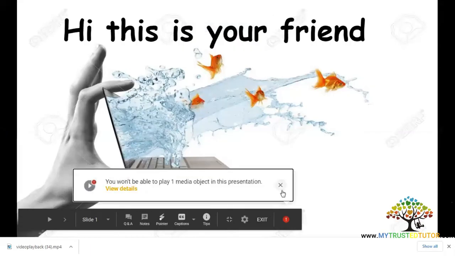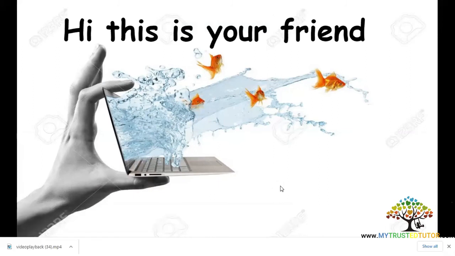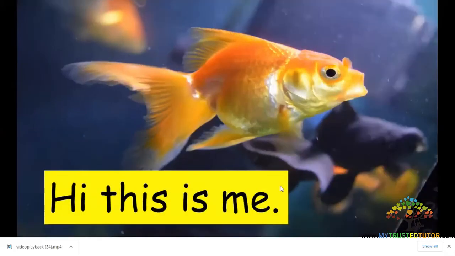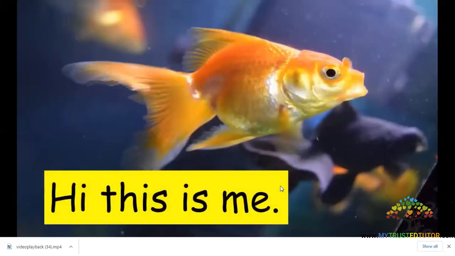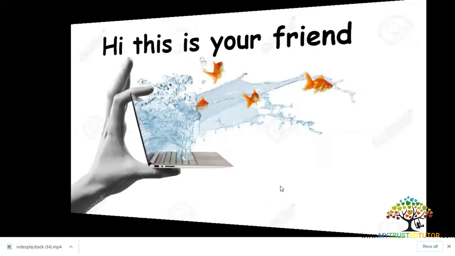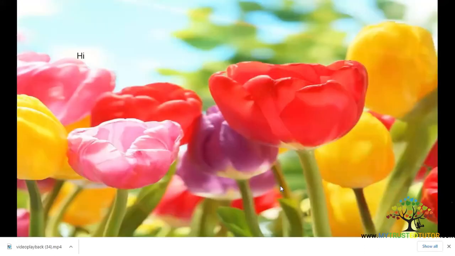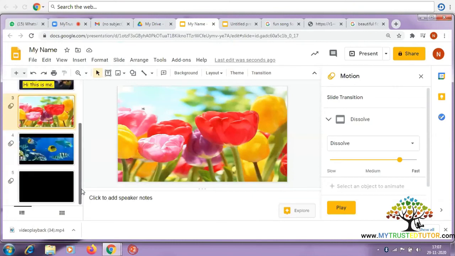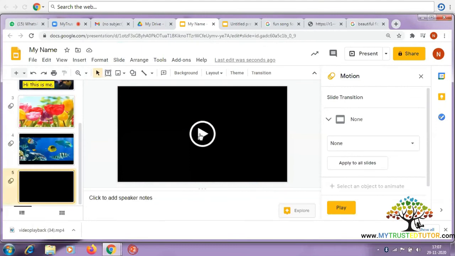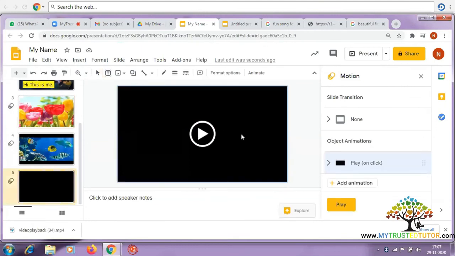So you have navigator keys on the laptop. You just have to press on your navigator keys. So this is how you animate it. Even in Google Slides, you have transition. This is how you animate it, and children get more enthusiastic to see that even the pictures are getting faded, even they're coming through different slides. So they get more enthusiastic to see such slides. So this was the video I told you about.